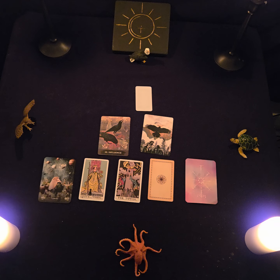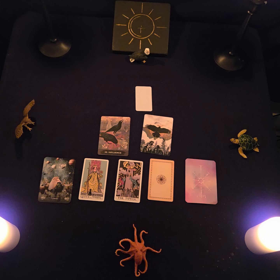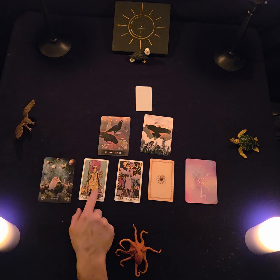So the Tower looks pretty scary. However, in considering the true nature of the Tower, it would suggest a destruction of a rigid structure, meaning a belief that no longer serves us, or it could be parts of an identity that no longer fit where we're going, especially if we're following our passion